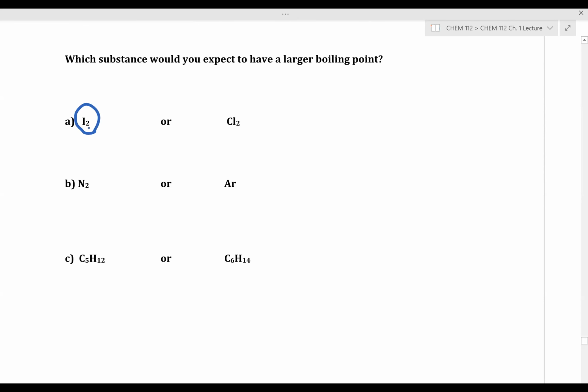Comparing nitrogen and argon, which species has the larger molar mass? If we compare nitrogen and argon, nitrogen's mass is approximately 28. Argon's mass is approximately 40. Argon wins out. And then finally, just looking at a condensed formula, comparing